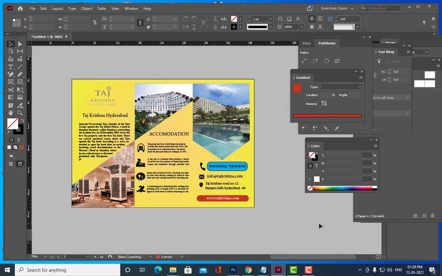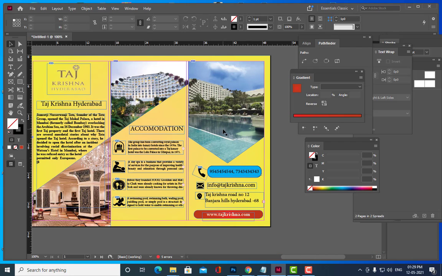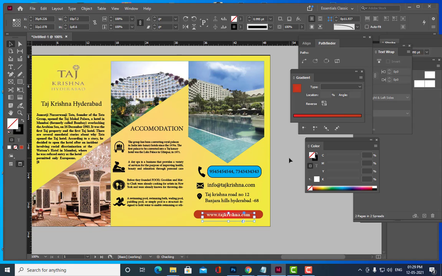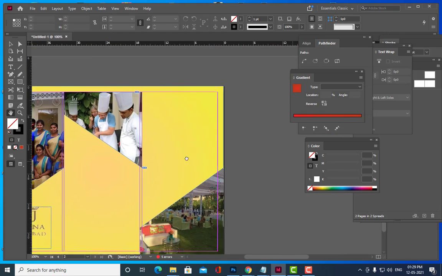See, the first page we have completed, and I don't have to do the second page completely. I can just put the matter here.